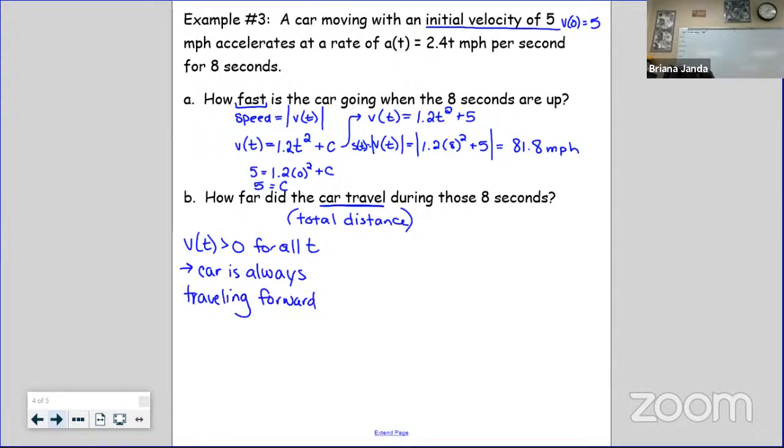Therefore, we don't have to break up our integral into moving forward, moving back, since it's moving the same direction the entire time. So as we look then at our integral from 0 to 8 of our velocity function, 1.2 t squared plus 5, and I math that, we get